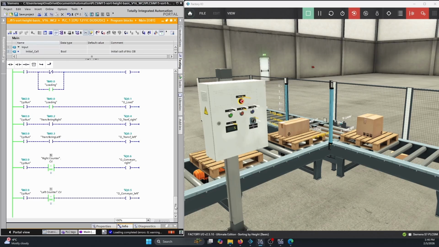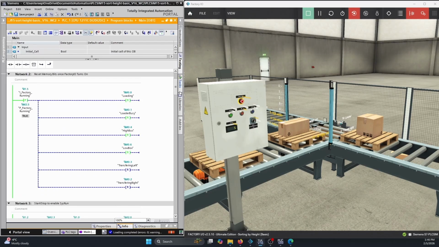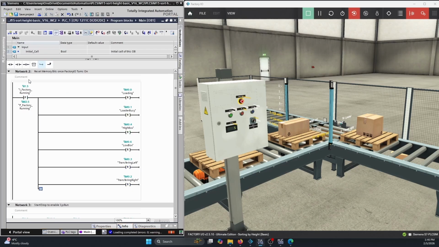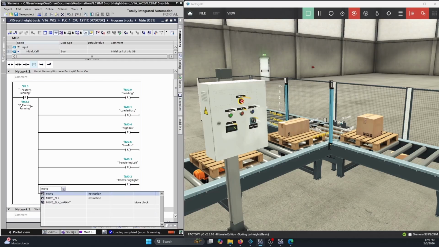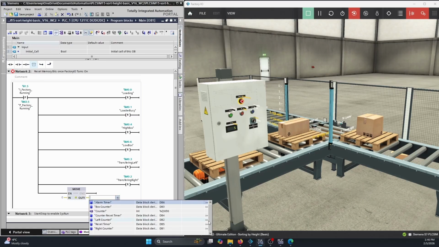So if I wanted to reset everything at the startup, I should really be moving a value of 0 to each of those. So we're going to put in a parallel rung here. We're going to put in a move. Okay, so we've got a move function there, and we're going to move a value of 0 to our left counter,